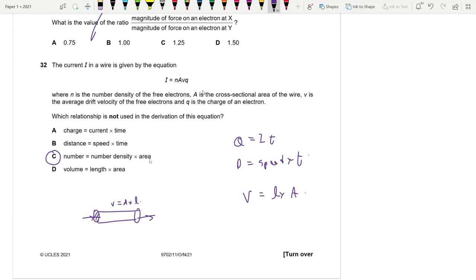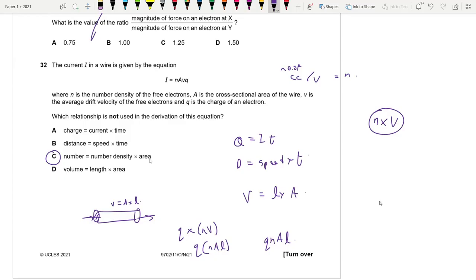So each charge carrier has a charge of Q, and the number density, or the number of charge carriers per unit volume, is n. So each charge carrier has charge Q, and how many charge carriers are there? You can find it out by multiplying n into V. That gives you the number of charge carriers. So Q into nV, and V can be written as AL. So Q into nAL. This is the total charge flowing through,